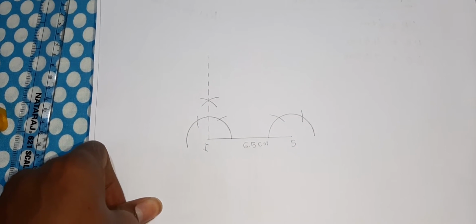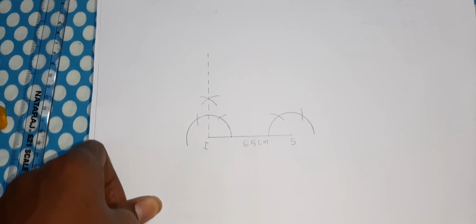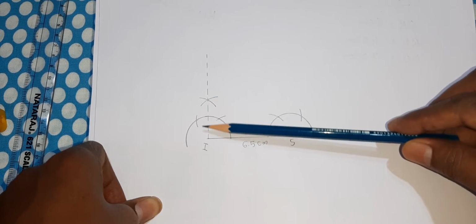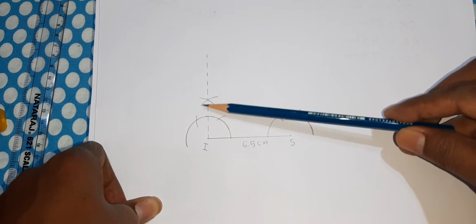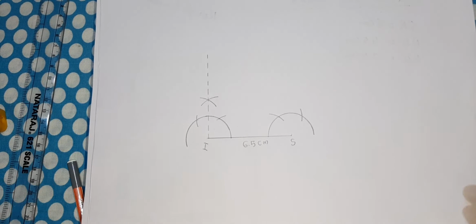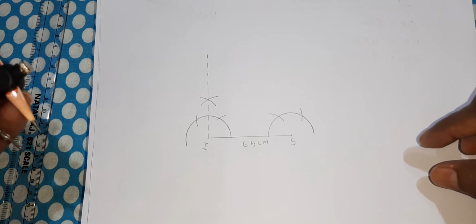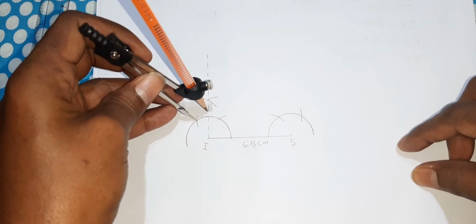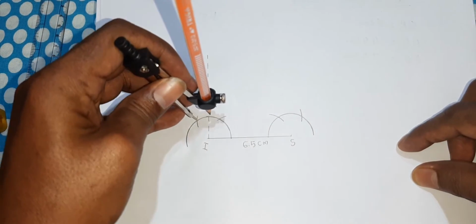Now 105 lies between 90 degrees and 120 degrees. In between these two you will have 105 degrees. So to draw 105 we will take that. Draw the angular bisector of 120 as well as 90. Clear? Then you will get 105. So see this here. This is 120 and this is 90. Take more than half.